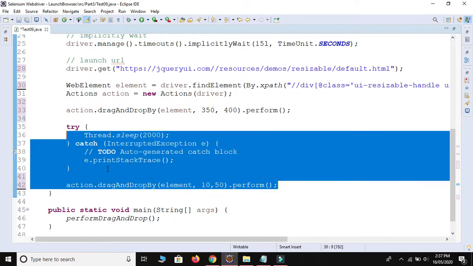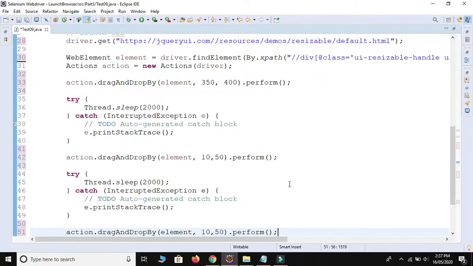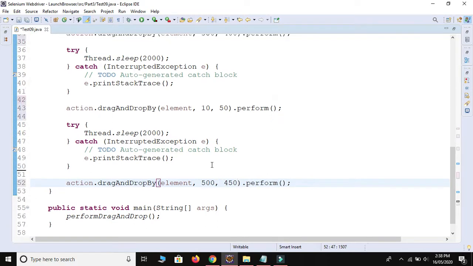Let me copy this code, paste, and then we use 500 as x and 450 for the y-axis. Control Shift F, Control save. Let me run this code. It will resize the element size.